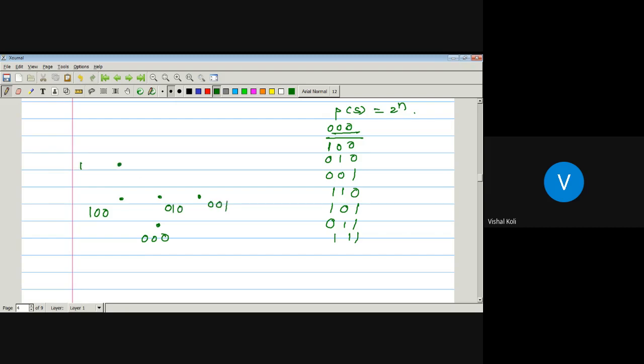Next element AB, here 1 1 0. Next two will be AC, which is 1 0 1, and after that BC, 0 1 1, and here the last element, which is nothing but 1 1 1. Okay, so in this way we can draw a Hasse diagram of that lattice, which is denoted by Bn. As here n is equal to 3, so it is a B3.